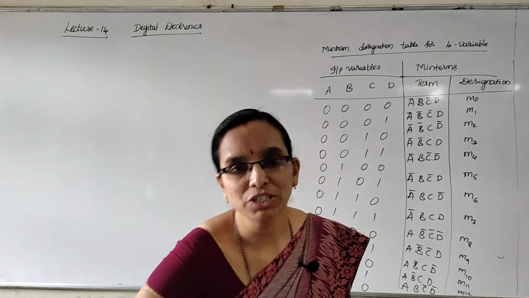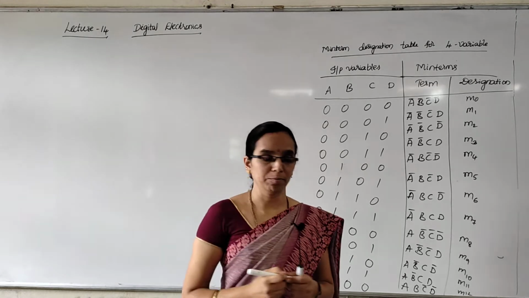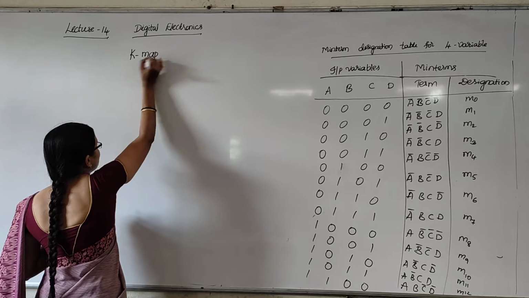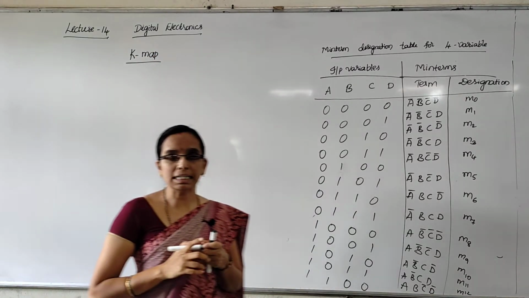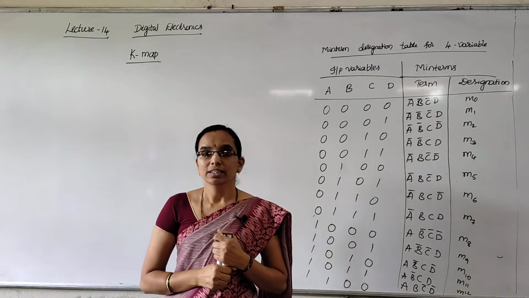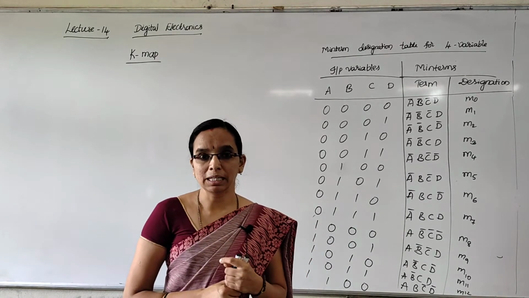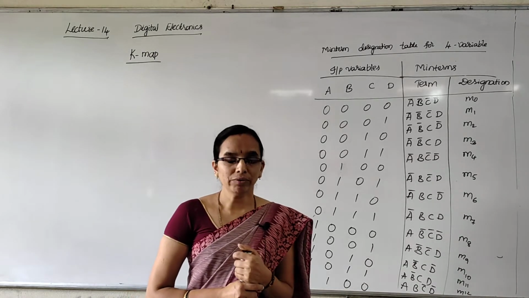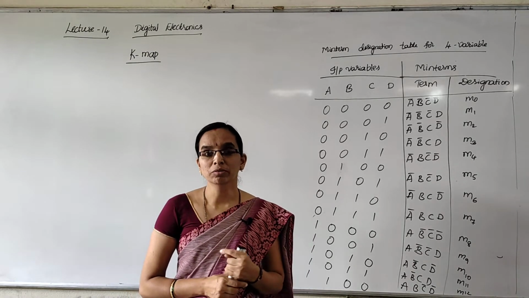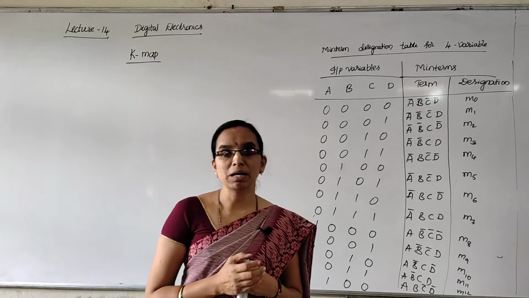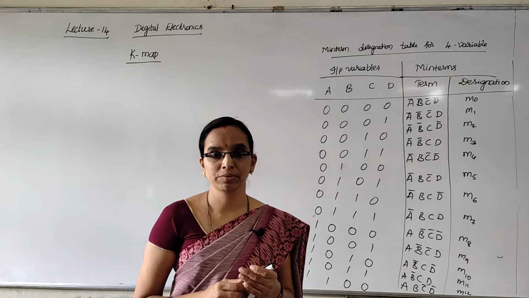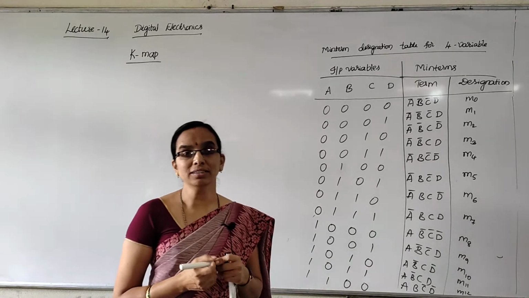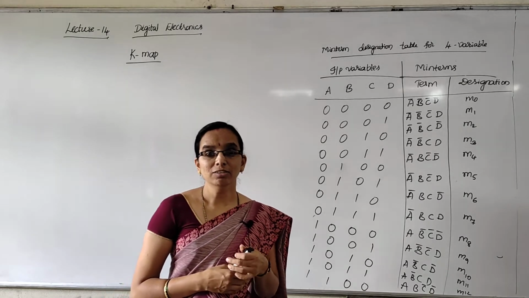Today in this session we are going to continue with the K-map, that is Karnaugh maps, that we have already discussed in the last two sessions: 2 variable and 3 variable K-maps, and also the 4 variable K-map introduction. In 4 variable K-map we know how to plot the Karnaugh map for a given Boolean expression. Now today we will see how to plot the Karnaugh map for the 4 variable